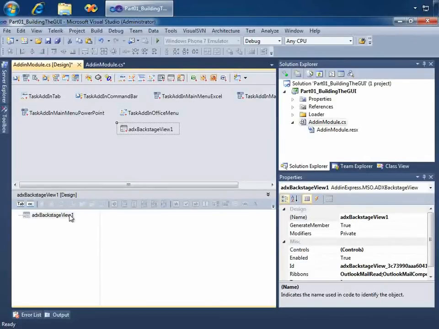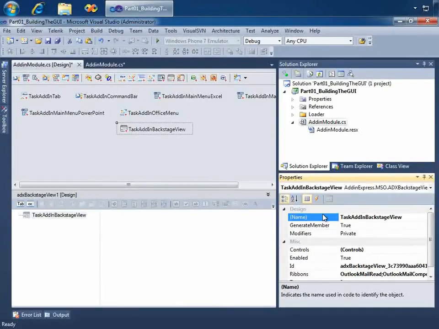So since this is a shared add-in that's used for my task, we'll build out just a little section for the Backstage that will allow us to change the location of the database that we use if we so desire, and also to edit some of the data. And those will come again in other versions or future parts of this video series. So go ahead and change the name of this Backstage to the task add-in